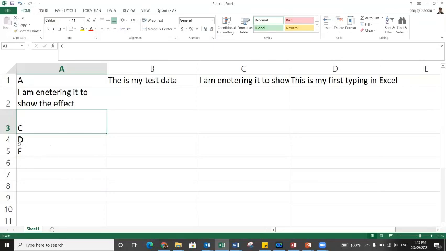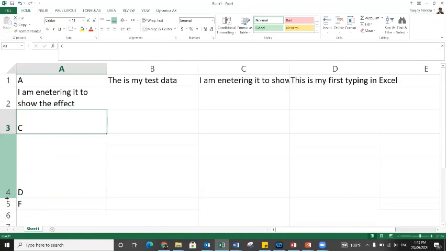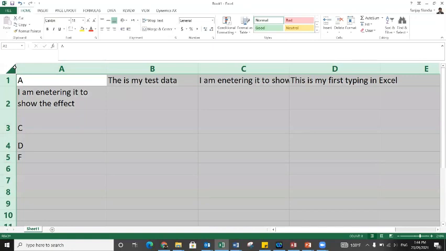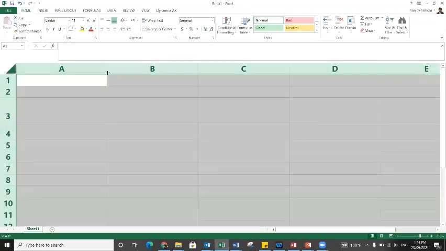The other way of doing it is go to the bottom margin of the row for which you want to change the height. As soon as the shape of the pointer changes, press the left mouse button and keep on dragging till the time you are satisfied with the row. So you can adjust the row height as per your choice or as per your requirement. So this is how you can change the width of the column and height of the row. Let's delete all these data points